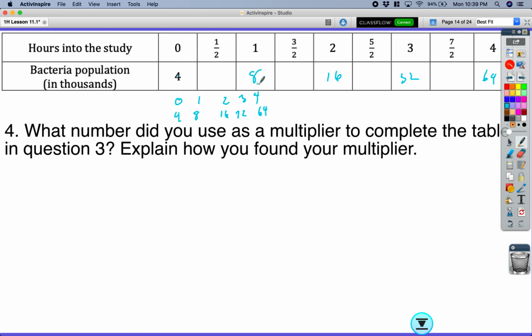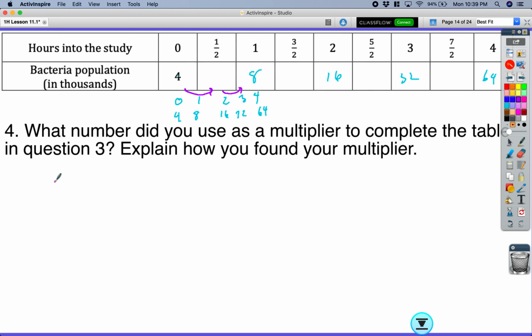To get from 0 to 1 hour, we multiplied by 2. I multiplied this 8 by 2 to get to 16, 16 by 2 to get to 32, because it doubled each hour. But now I'm adding these intervals. So there's a few ways to look at it. I need to multiply to get to 8. I need to multiply this interval 1 time, and I need to multiply it again, 2 times. So what this is saying is